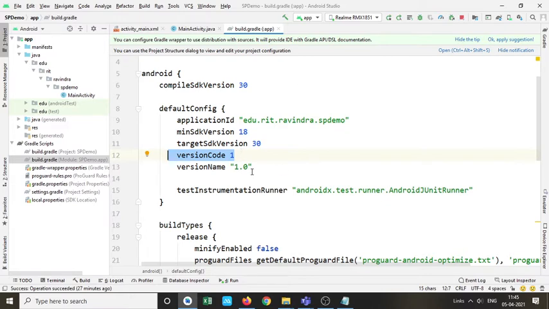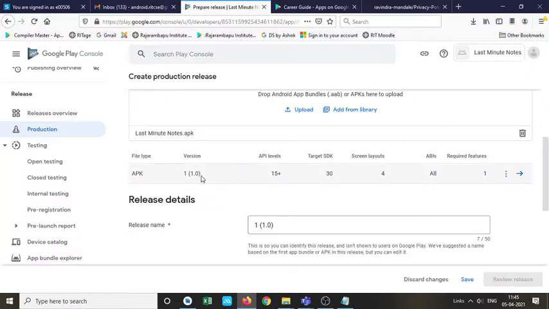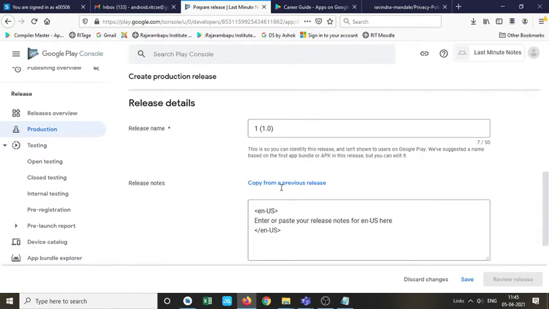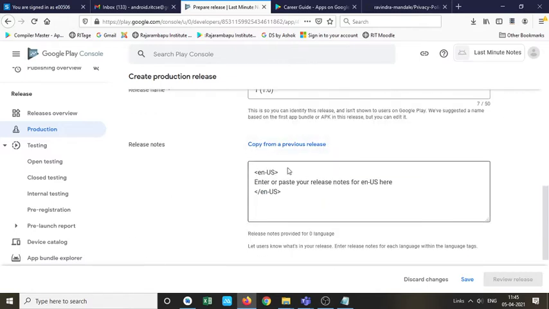Whatever the developer has specified in this Gradle file, depending upon that, these values are taken here. The version code is always an integer, and it is incremented by 1. The version name is whatever you have given in the Gradle file. He has set the minimum API level to 15 and the target to 30. So the Android application will run on devices in this range, 15 to 30. This step is compulsory.